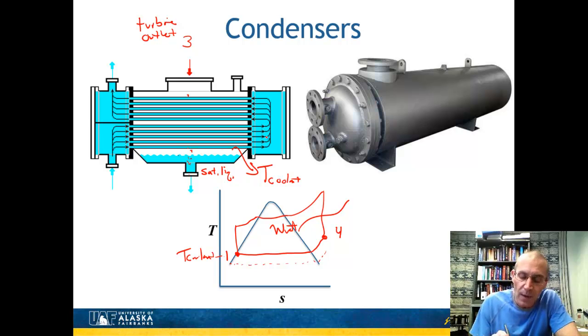So actually, power plants tend to work a little bit better in the winter when their cooling water is often a little bit colder. And so using water out of China's river, for example, which is right at freezing in the winter, is more efficient than if we're running it in the summer. Anyway, so there's the reason why the temperature of the cooling water controls the low pressure, and that's